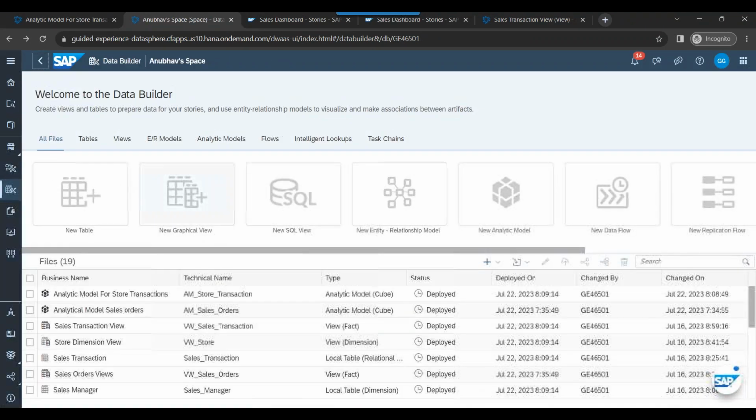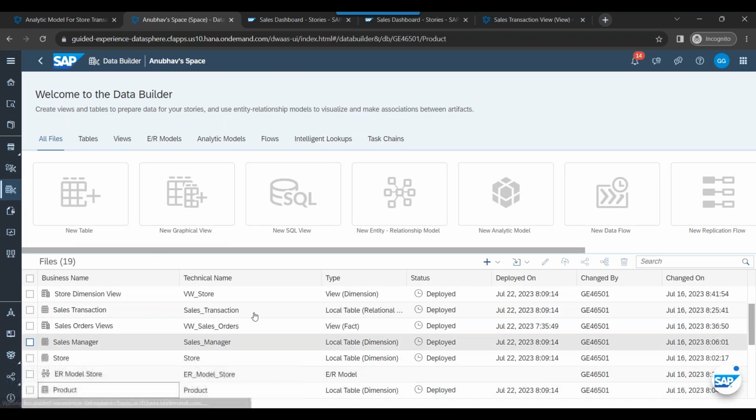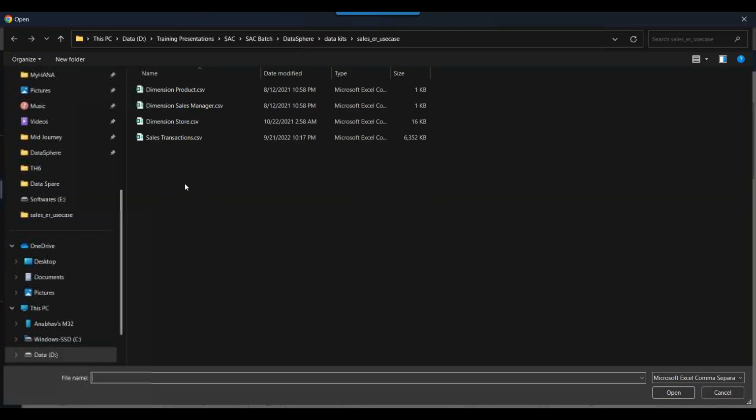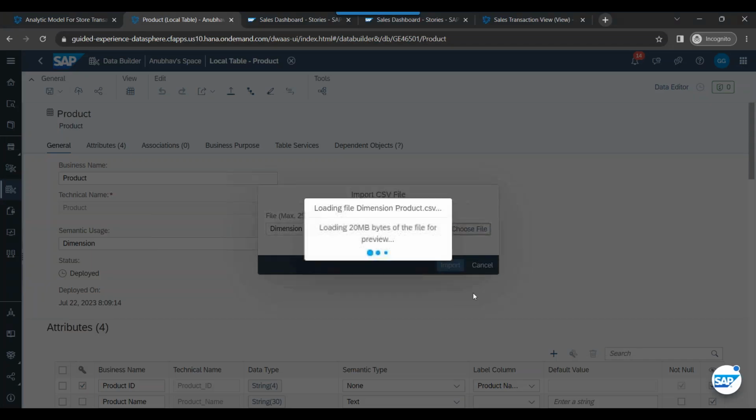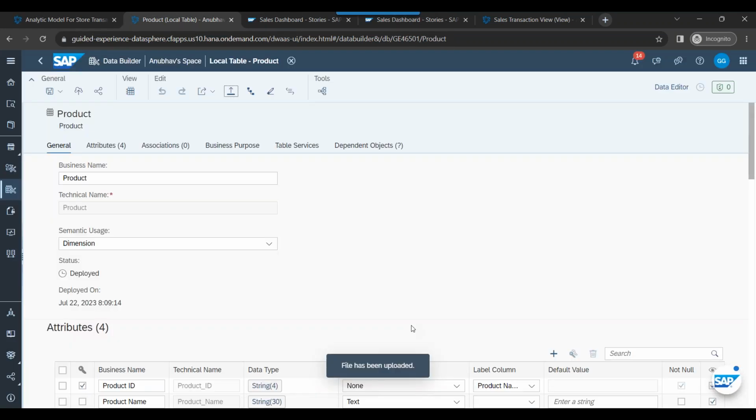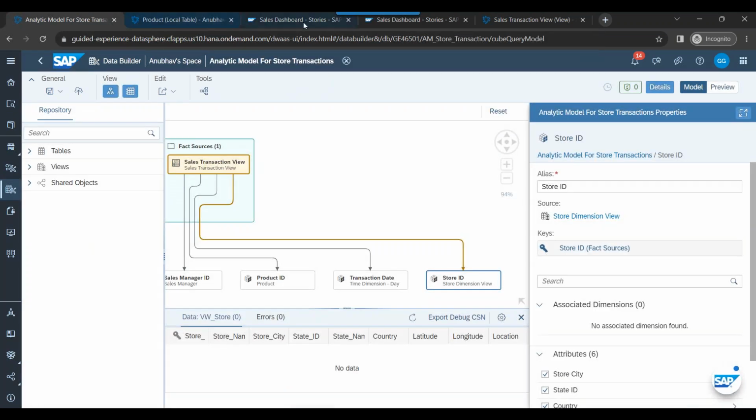Let's go back. So manager is done, store is done, product, and upload product data. Yes, you see, we have description now. So these are the product IDs, technical IDs, and these are the descriptions. So now in the analytics cloud, we should see the description instead of the IDs because we have the master data uploaded now in our master tables. Makes sense. Let's go back to the story